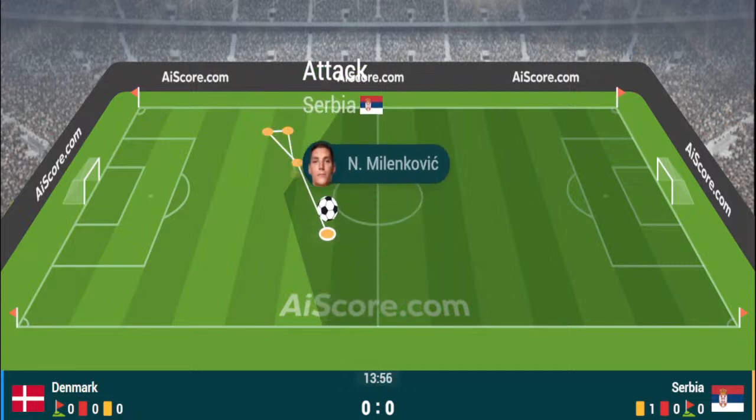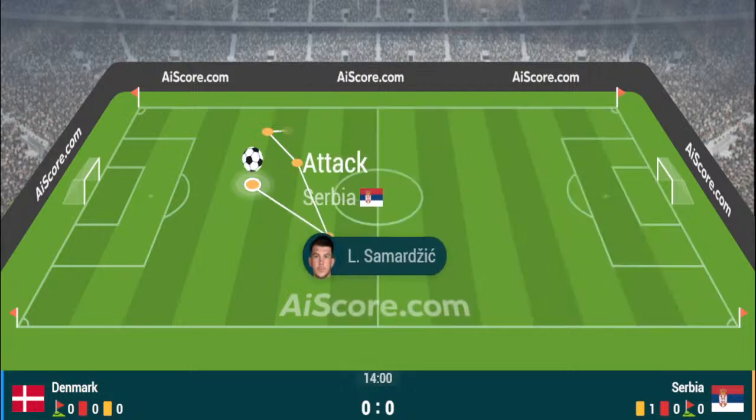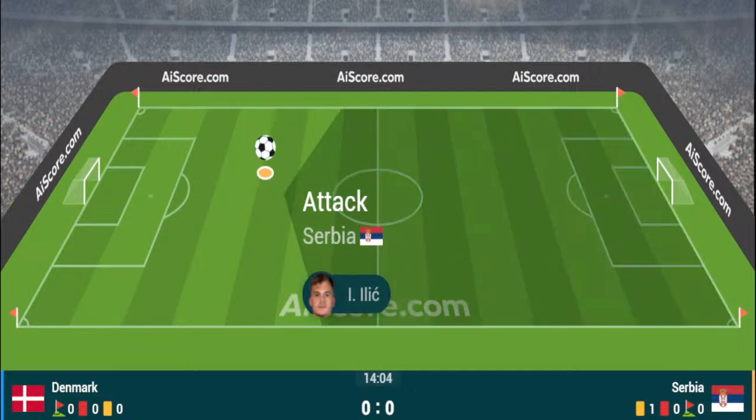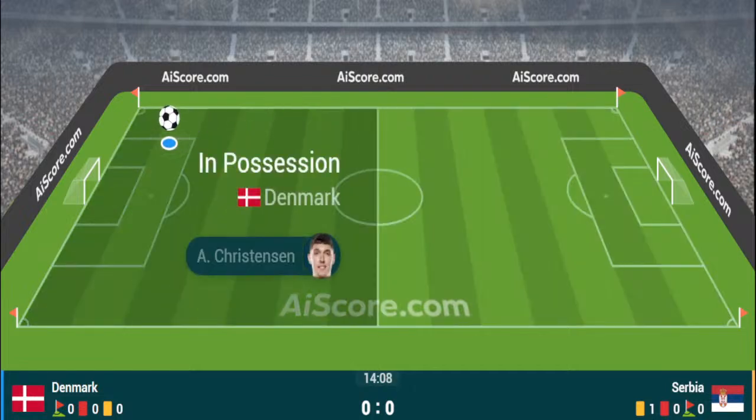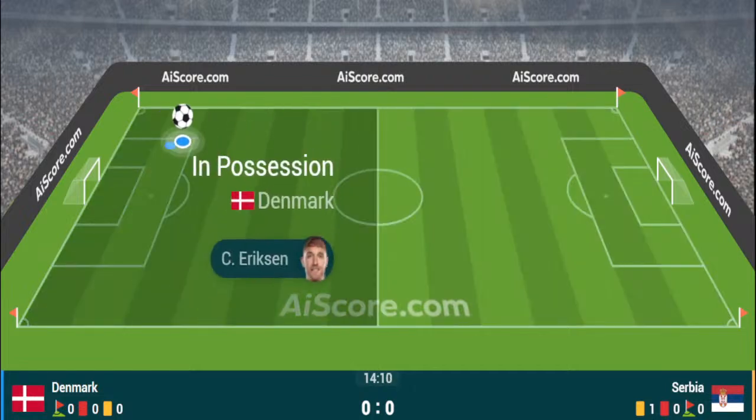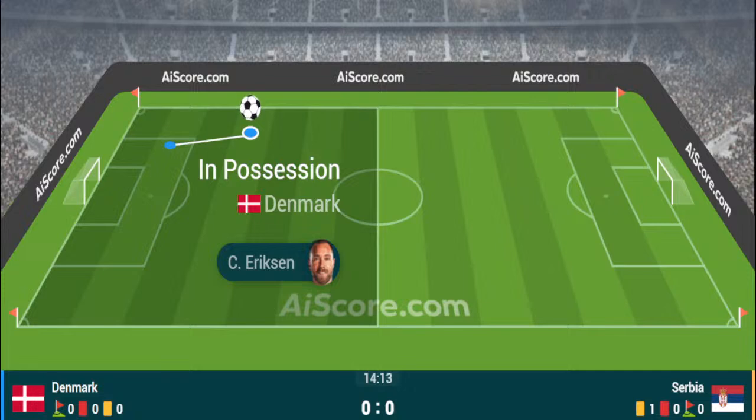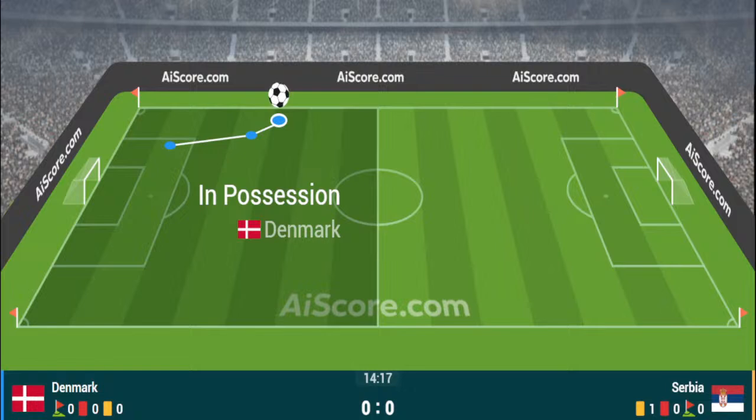It's an opportunity now to fire the ball long for Mitrovic, who'd rather lost out in terms of the physical duel with Mela, and now Denmark want a throw-in on the left-hand side, just over halfway. And you'd have to say that Serbia have been a little bit sloppy in the game, and Denmark have been the better of the two sides without really creating too much. Serbia have the ball once again now inside their own half.